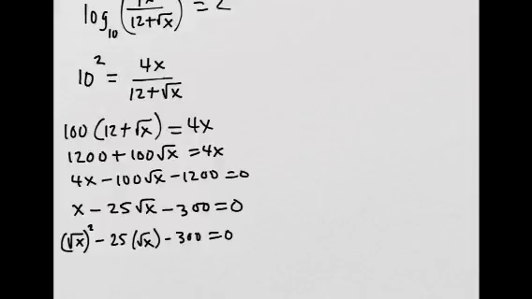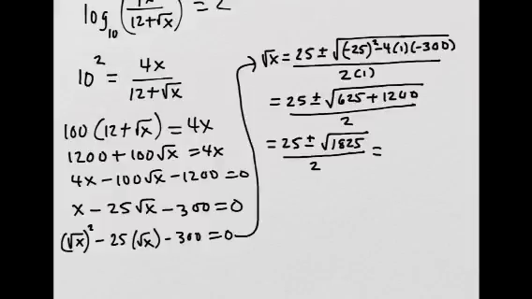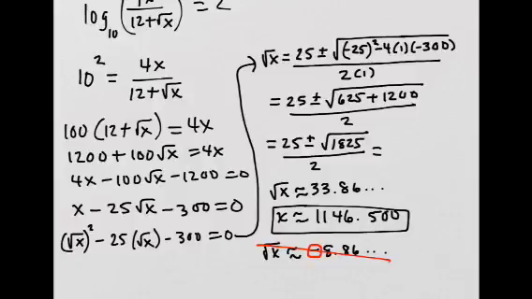Real quick, here you see the work for the quadratic formula, but notice how it says square root of x, not x, because in this quadratic equation, the value that we're looking for is square root of x. And here are the steps, just like any regular quadratic formula. So now you plug it into a calculator. You get square root of x is approximately 33.86, so you square both sides to get 1146. The other root